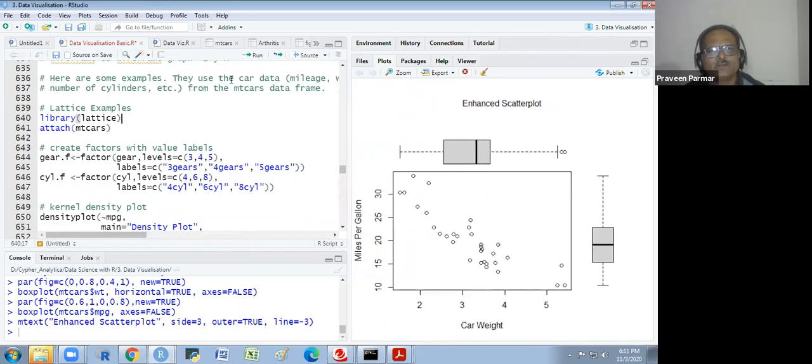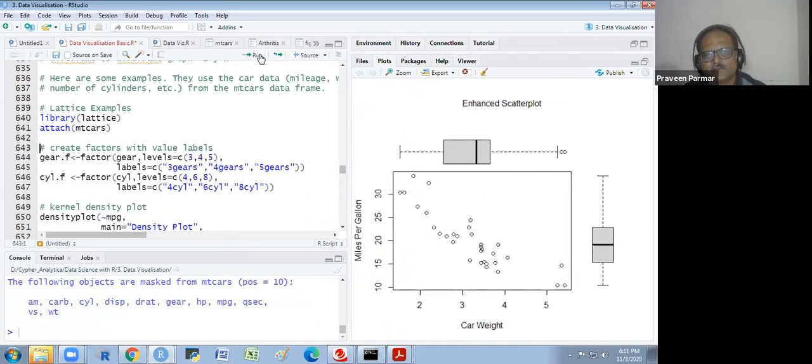What is the quality in this graph? I attach mtcars and create factors with value labels, because we know that in mtcars all the variables are numeric. So we are converting gear into a factor and giving the labels 3 gears, 4 gears, and 5 gears. We are also converting cylinder into a factor and giving the labels 4 cylinder, 6 cylinder, and 8 cylinder.